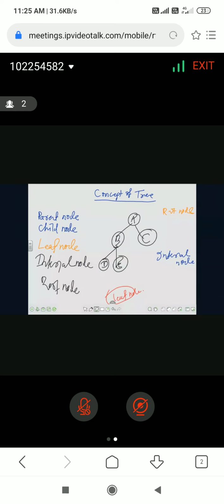Look, parent node, child node, leaf node, internal node and the root node. A is a root node, B is an internal node. What is an internal node? The node having both parent and child is an internal node. So these are the different concepts of a tree: parent node, child node, leaf node, internal node, root node. Next,